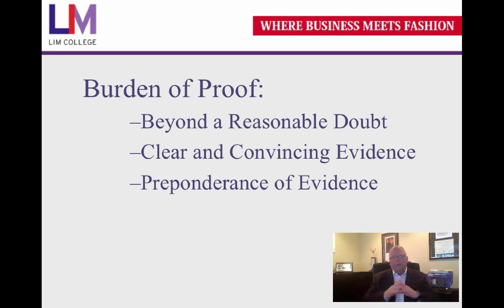And in the middle, there's another standard with regards to burden of proof, and that's clear and convincing evidence. And that's about 75%. Yeah, they probably did it. More likely than not they did it. Yeah, I'm pretty much convinced, but I got a little doubt. But all right. And clear and convincing evidence is used mostly in administrative hearings, in front of the IRS or OSHA or something like that. That's the burden standard used in those types of cases, clear and convincing.